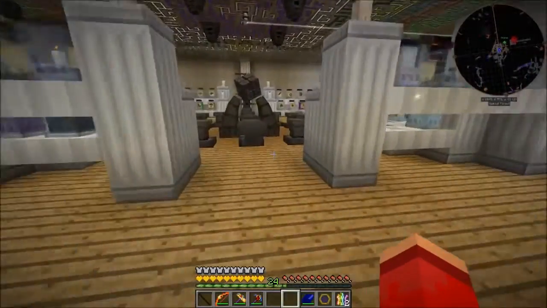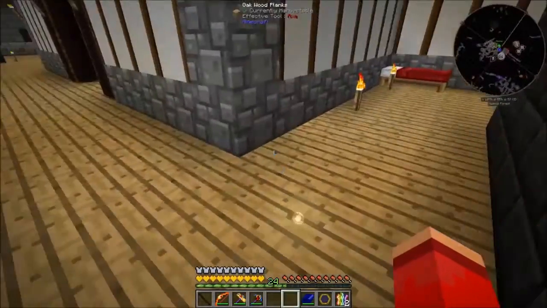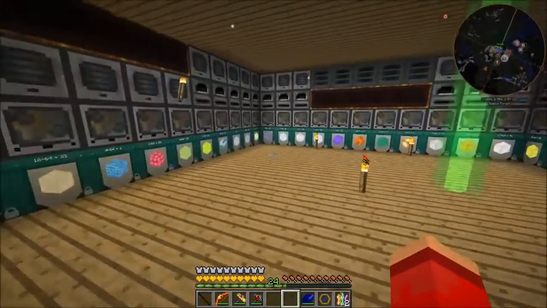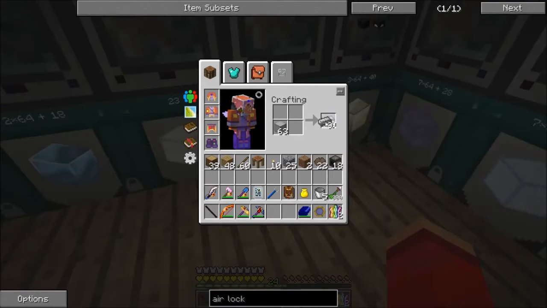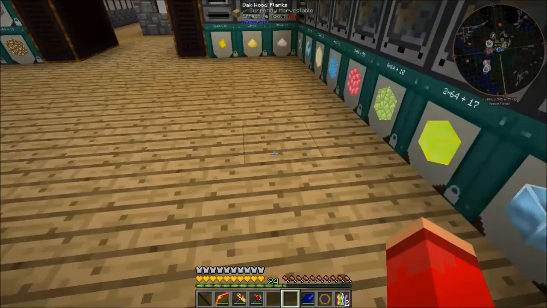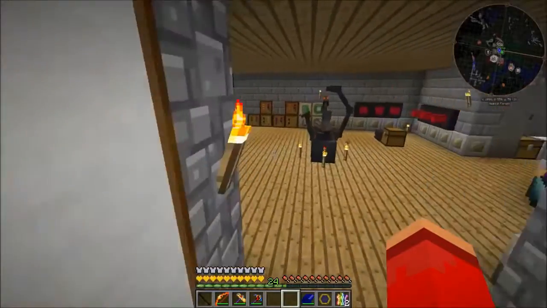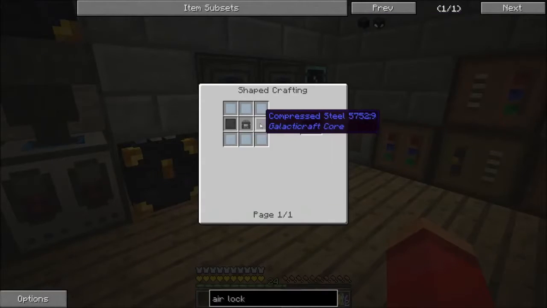So that means I'm going to be doing the recipe 3 times. So I need 6 compressed steel, so I'm going to need 12 steel. I'm going to need more than that, but we'll start with that. One, two, three, 4. And like I said, we're going to need more, so I'm just going to keep that steel on me. Hold on, that was 14. I said 12. Right? 1, 2, 3, 4, 5, 6. Yeah. Okay, so then I need